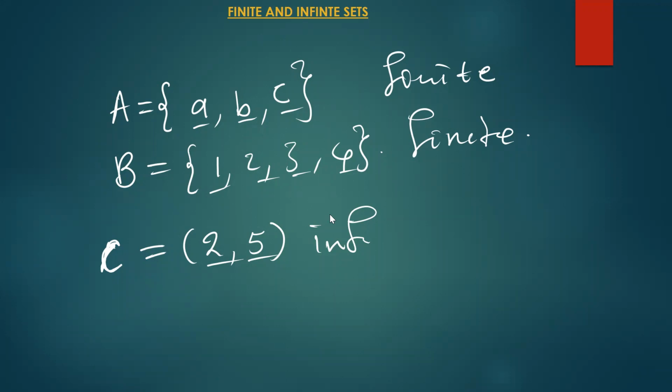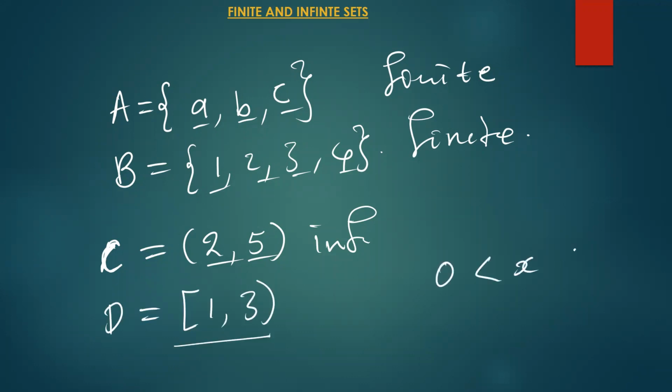Okay, so let's continue. So this one is an infinite set. The same applies to set D when we write it like this, 1, 3. This is also an infinite set. Then if we say 0 < x < 5, this is also an infinite set. We can't count the number of